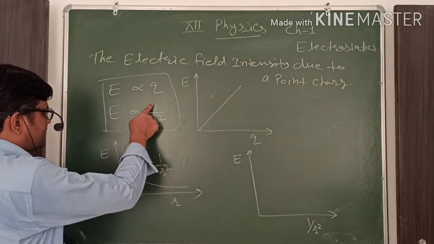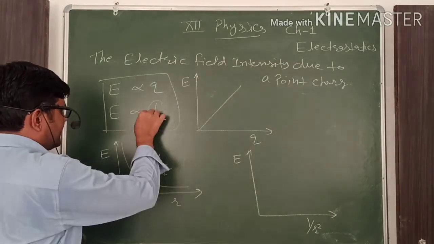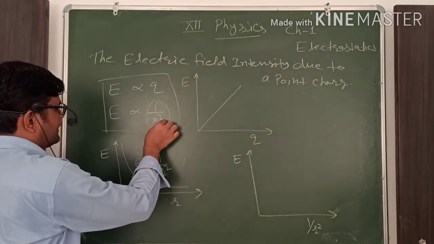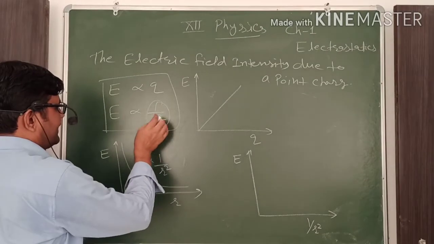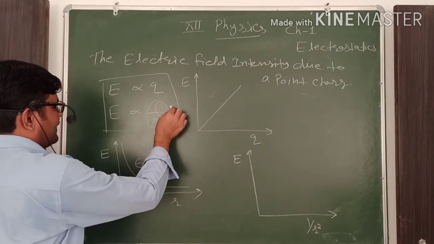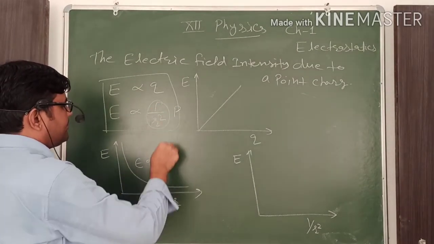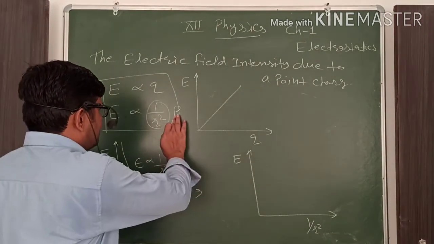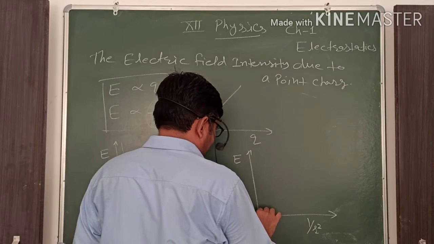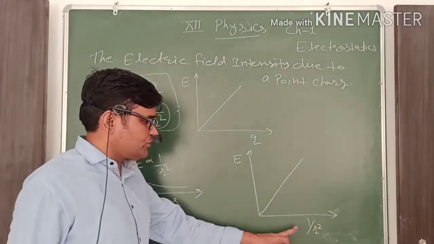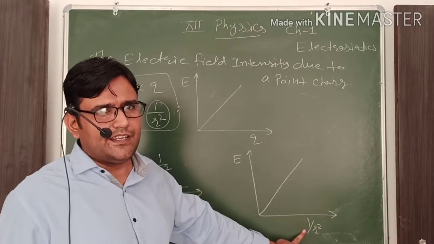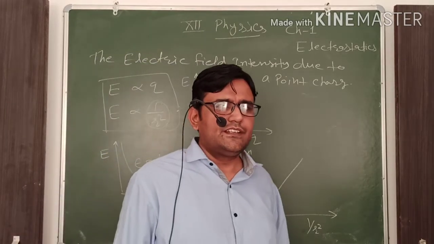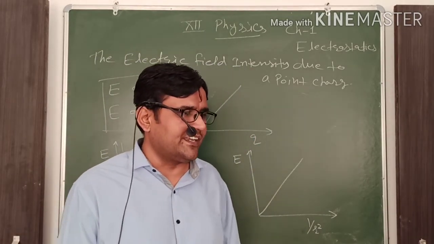E is inversely proportional to R square, but if you consider 1 upon R square as a constant, uniquely defined term, like P, now E is directly proportional to P, and that's why its graph is a straight line graph. Here the relation is converted into a directly proportional one, that's why the graph is a straight line graph.